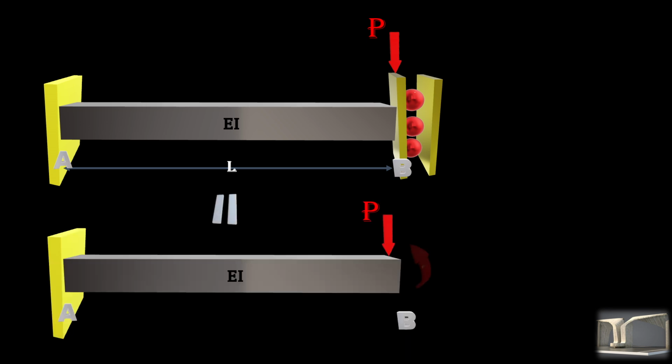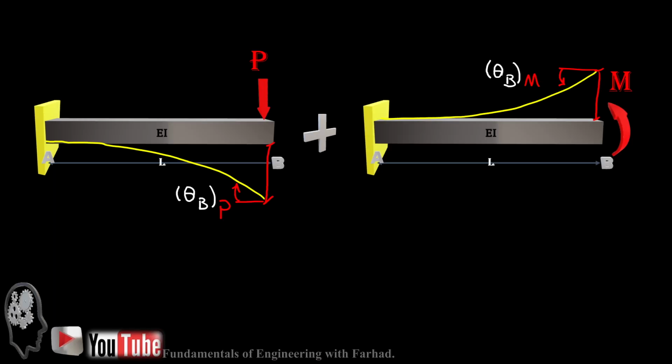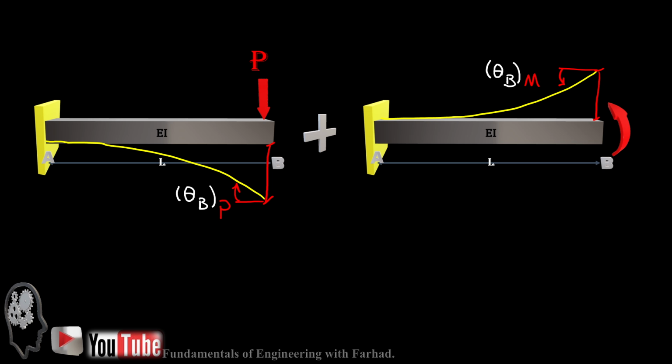Again, our beam consists of two cantilever beams with concentrated load and a moment, or you can show both of them, concentrated load and moment, in one cantilever beam and apply the effect of those loads. So delta B due to concentrated load plus delta B due to concentrated moment is equal to total